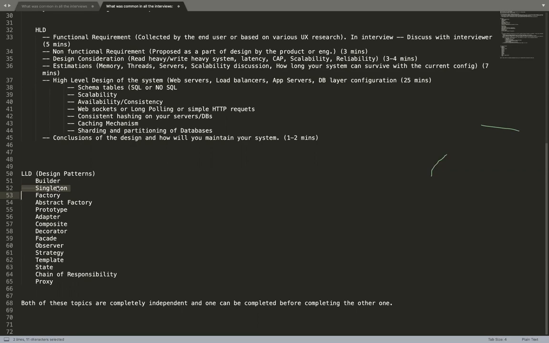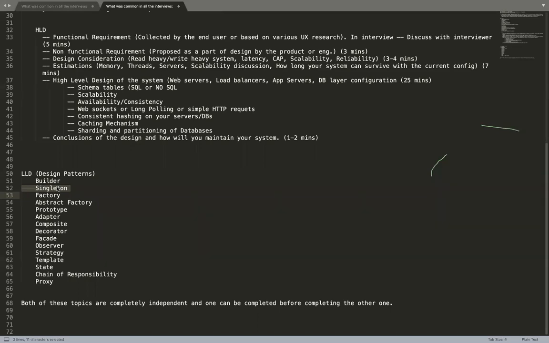Then strategies: how to come up with a different strategy to actually optimize your code itself. All those details will be covered as a part of the strategy pattern, template pattern, and state pattern. The template pattern is basically where there is a template and you follow that template to have various implementations. Then the state pattern: how to manage the various states when you're designing your classes.